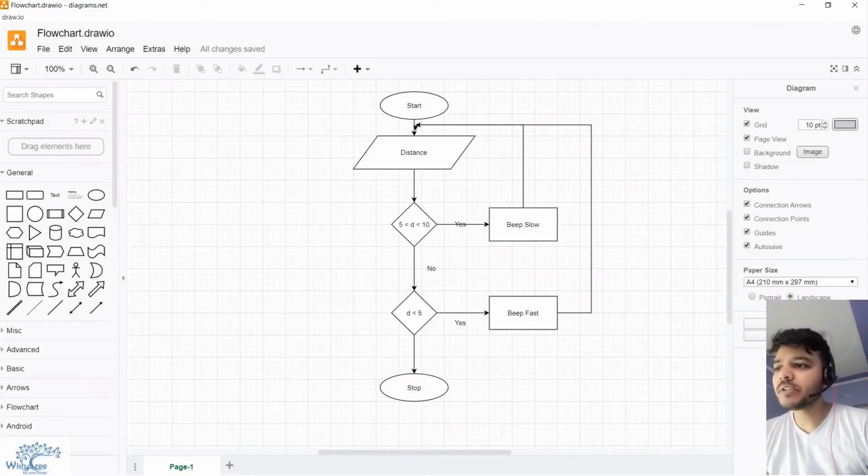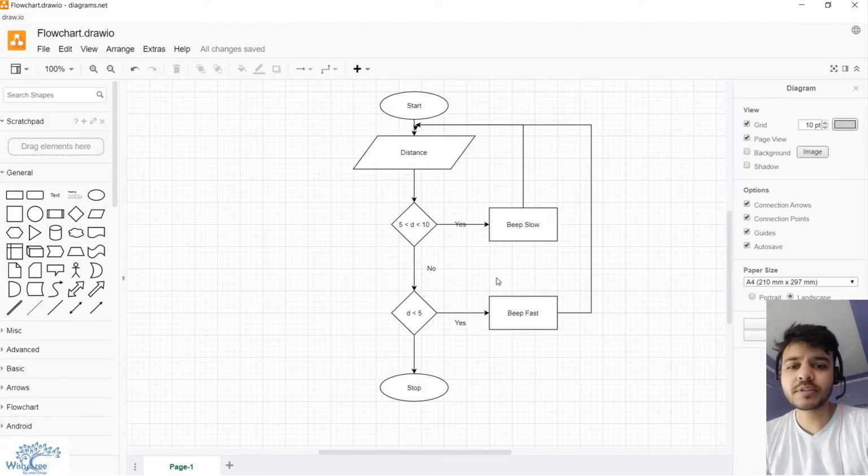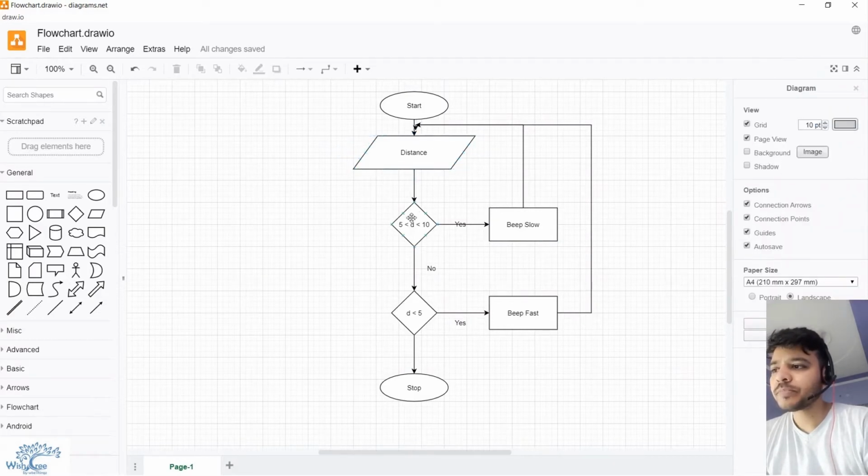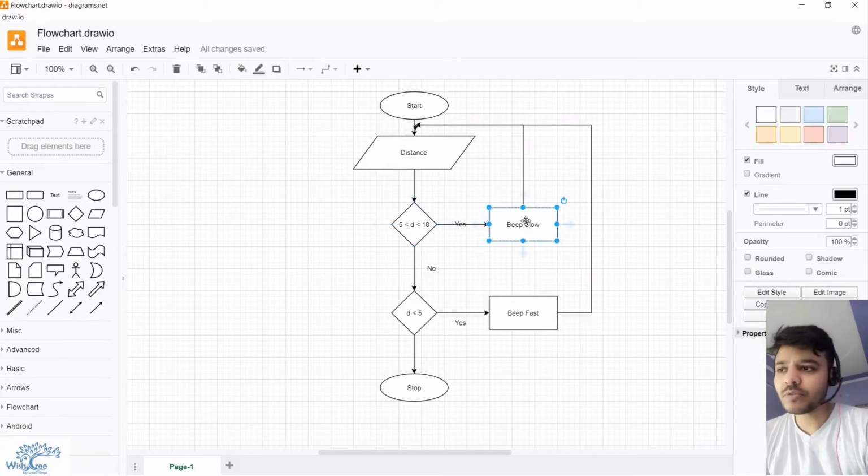Let me help you build the logic using a flowchart. And I'm quite sure that you would have learned this somewhere in your schooling. Firstly, we are measuring the distance in our input-output box. Then we are taking a decision: if the distance is between 5 and 10 centimeters, then we'll use a buzzer to beep in a slow fashion.